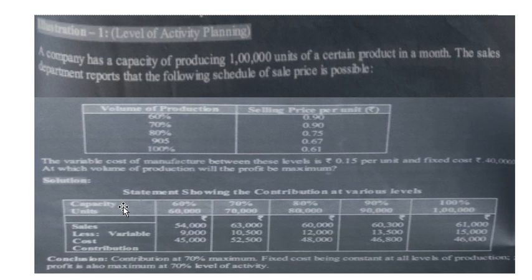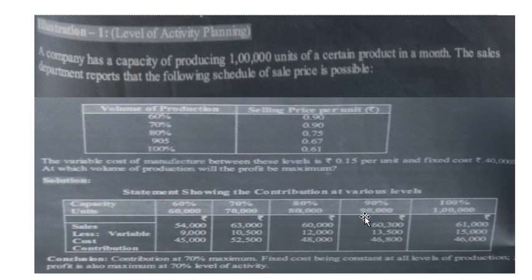So the sales will be calculated now. For 60%, 70%, 80%, 90%, and 100%, we need to know the total sales. As given in the question, the total units to be produced is 1 lakh units in the organization, and they have given the different percentages of volume of production. Out of 1 lakh units, if 60% is produced, then 60,000 units is the capacity used. Then 70% of 1 lakh gives 70,000, 80% gives 80,000, and 90% gives 90,000.